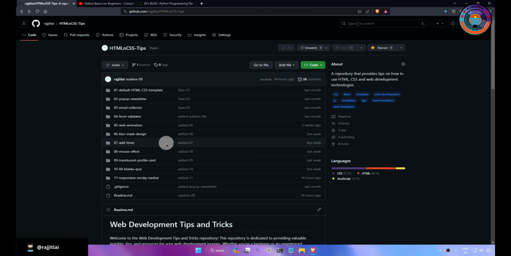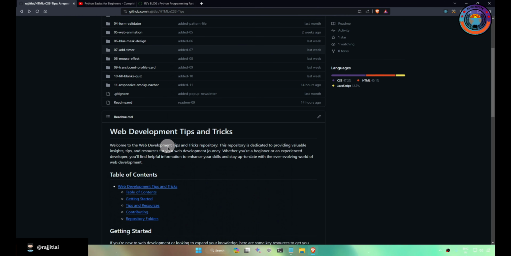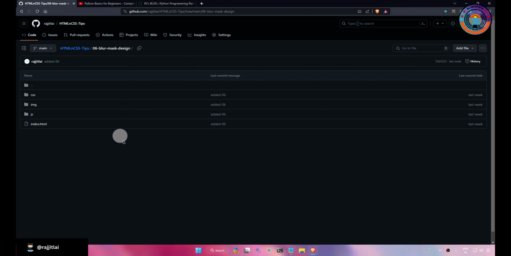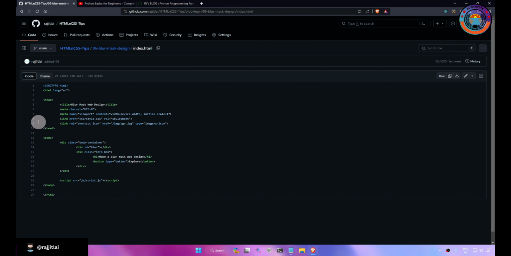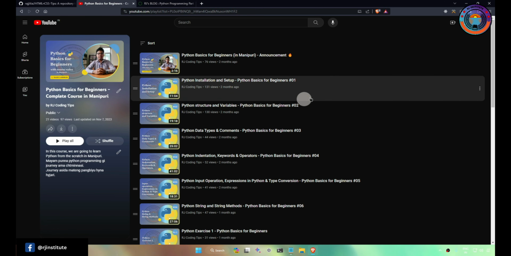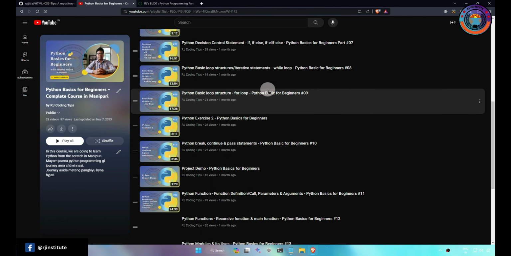Whether you're starting your coding journey or looking to enhance your existing skills, this repository has something for everyone, and it's a treasure trove of HTML and CSS tips and tricks. So if you are ready to dive into the world of HTML and CSS or web development and supercharge your coding skills, head over to this repository and make sure you also support this Python Basics for Beginners complete course